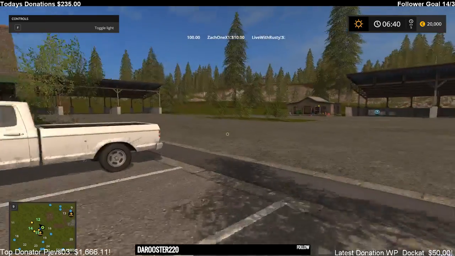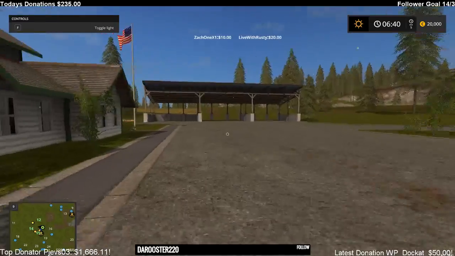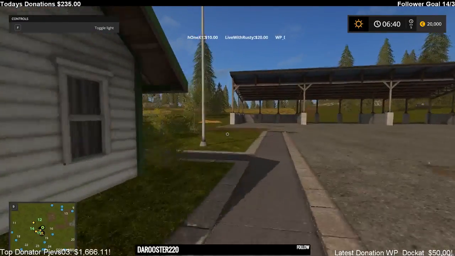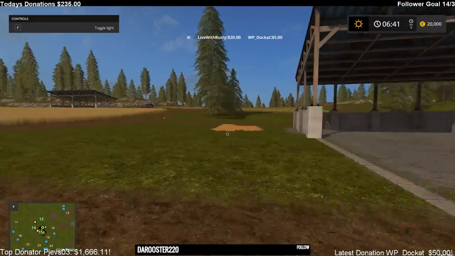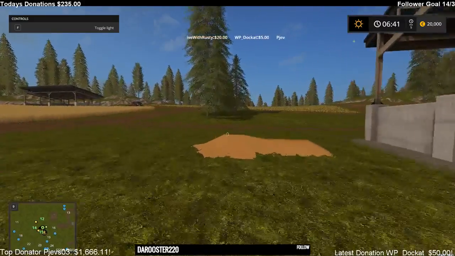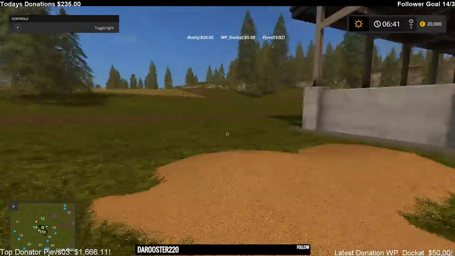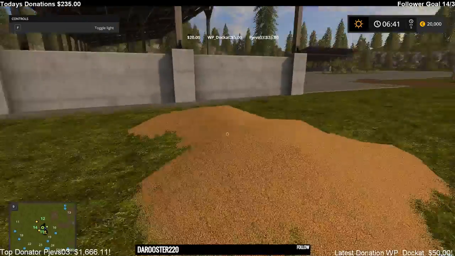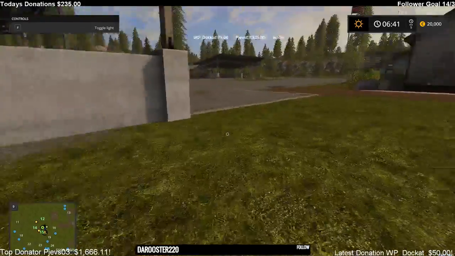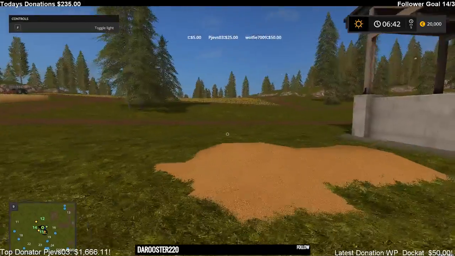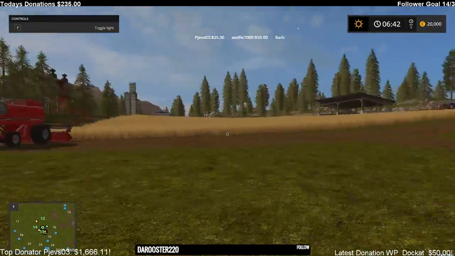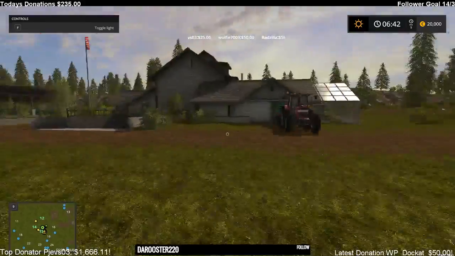So basically I wanted to show you, by copying that file into the map, I am starting you off with a pile of what we have here, which is the wheat windrow. Exactly what it was, but it's in the starting file of the map in a brand new save game, right where I dumped the wheat. So you can add crop piles to your map,